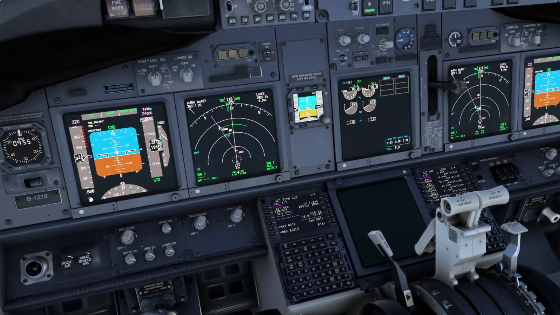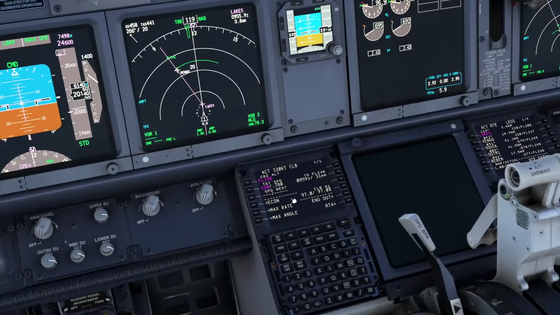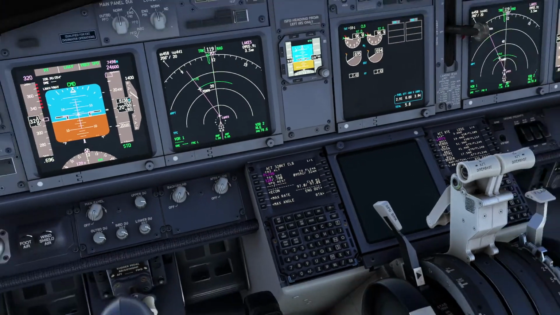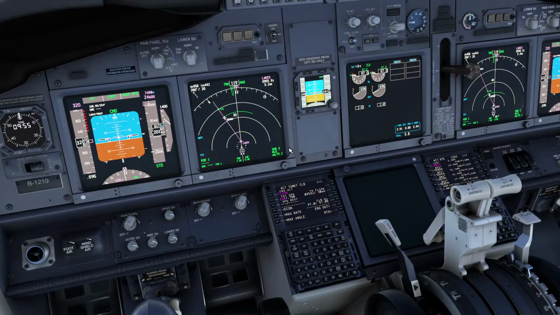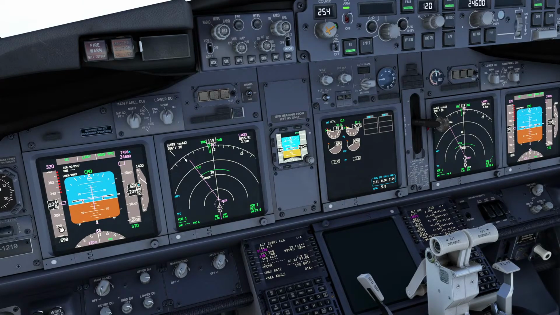Mach decimal 68 for now. So we go up to 7.8. Now what I'm going to do, I will set 320 slash 0.78. I'm going to execute, and I can close this window, and you are going to see that 320 and 7.8 is there, and it's going to maintain 320, and then when it reaches Mach 7.8, it's going to keep